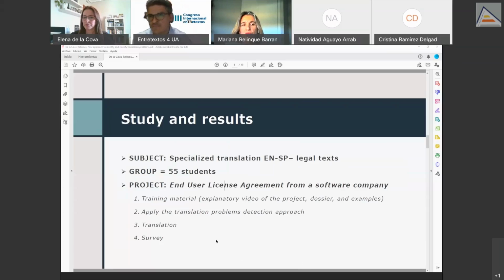They also had to fill in a card where they explained why these were the problems and why they classified them in the category they chose. They also had to provide solutions for the problems. And in case they provided more than one solution, which was what we hoped for, they had to decide why one solution was better than the other and explain why. Once they finished with their pre-translation analysis, they proceeded to do the translation of the text.